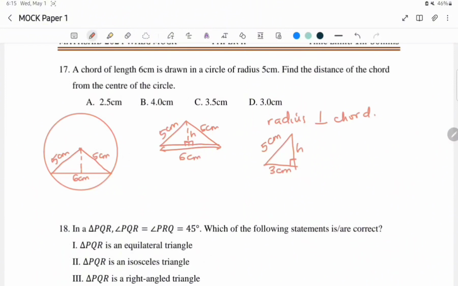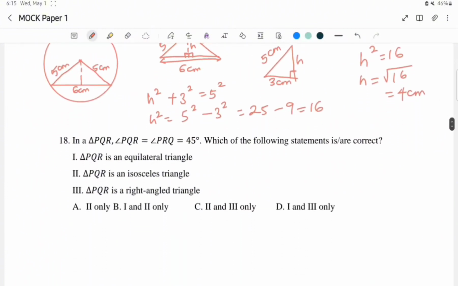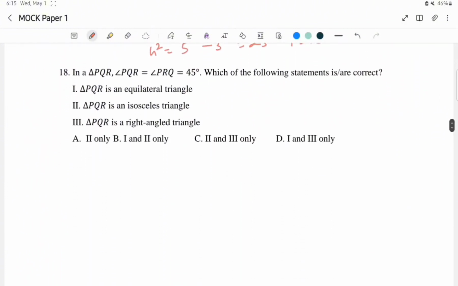Well, we can apply Pythagoras theorem. That would mean that H squared plus 3 squared equals 5 squared, because 5 is the hypotenuse. That means H squared will be 5 squared minus 3 squared, and that's 25 minus 9, and that will give 16. So if H squared is 16, definitely H is square root of 16, which is 4 centimeters. The distance from the chord to the center of the circle is 4 centimeters. Option B. Question 18. In a triangle PQR